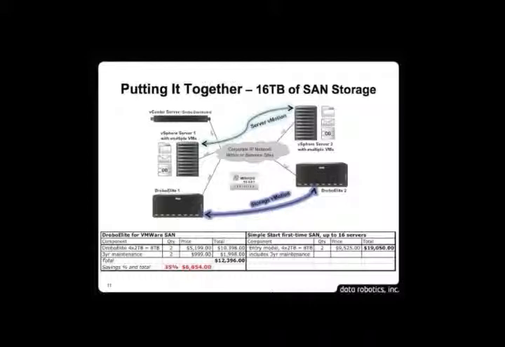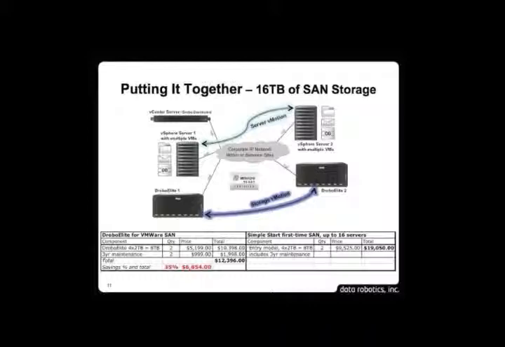If you look on the right-hand side, there are simple, first-time SAN products out there on the market for less than $20,000. You can get a pair of them with 3-year maintenance, each less than $10,000, both of them less than $20,000 US dollars. And while that might sound like a lot to a small business, George, you mentioned that when you're a small business, the check writing is much more personal. In the scheme of things, it's lower than it had been in the past, allowing you to get to a